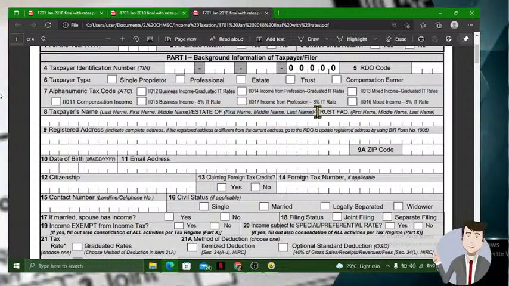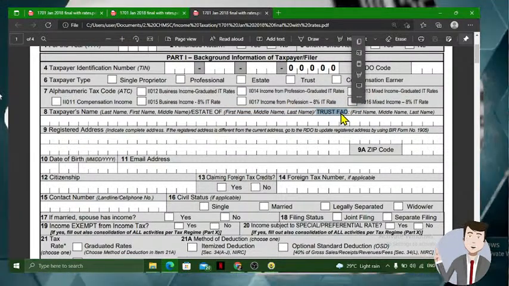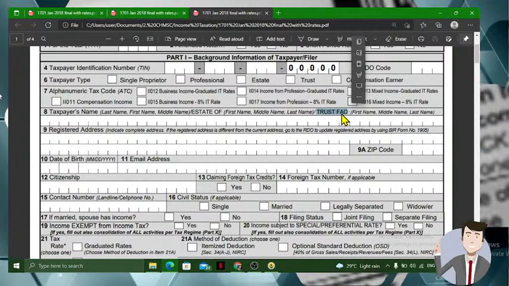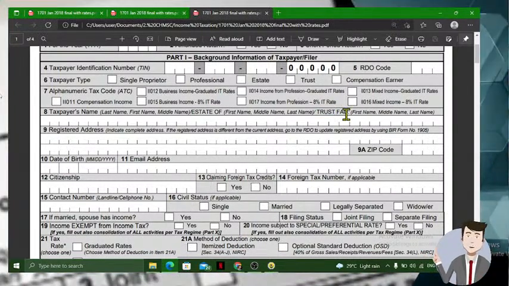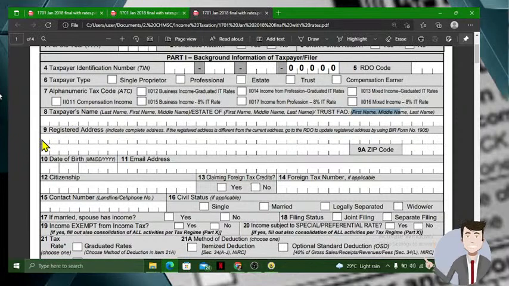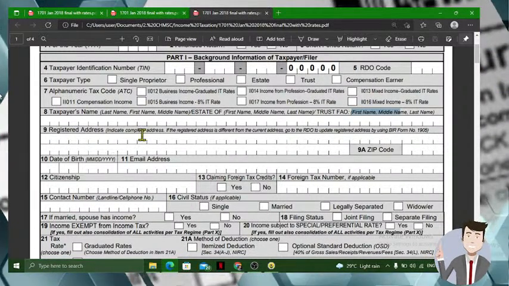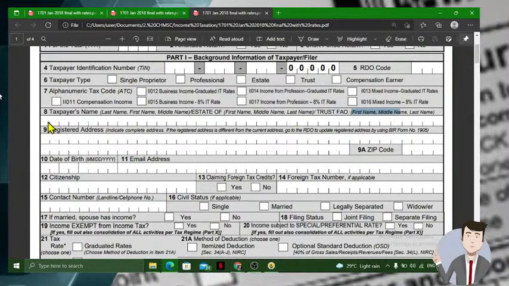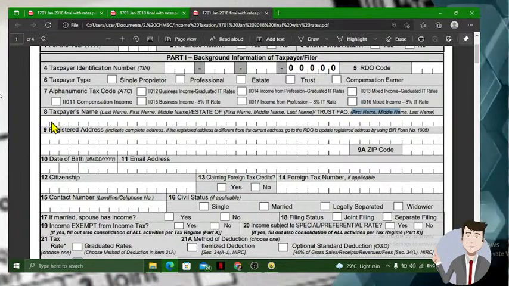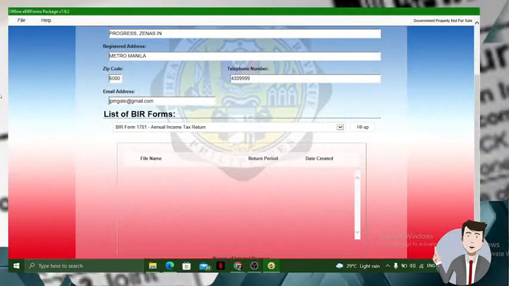For trust, so you have to slash trust or slash FAO. The meaning of FAO is for the account of, okay? Then the first name, middle name, and last name. So indicate the registered address. Actually, guys, this information is no longer filled up if you are using the eBIR package,